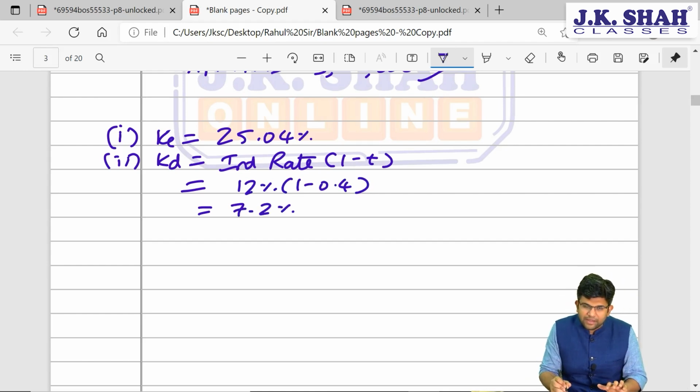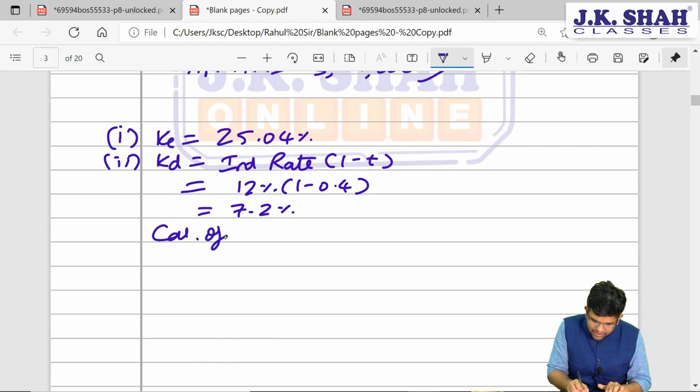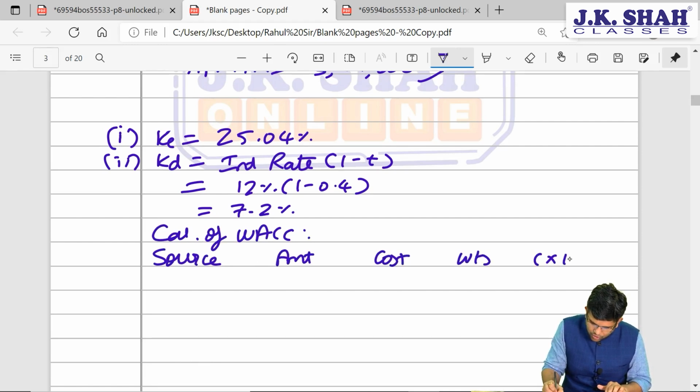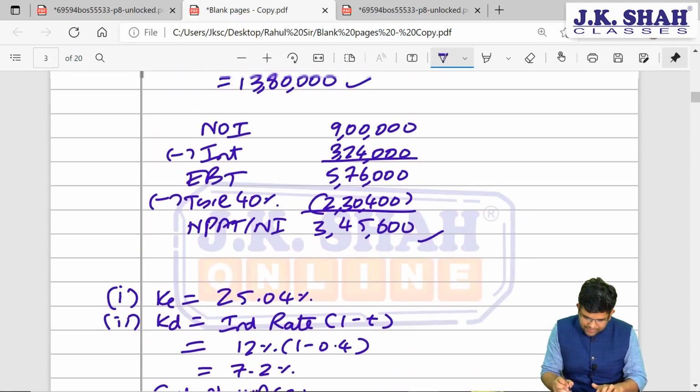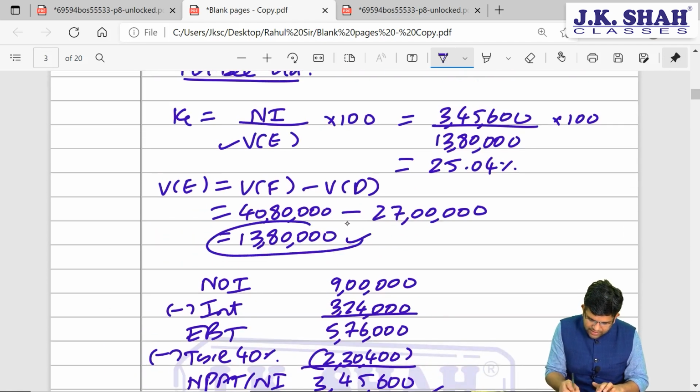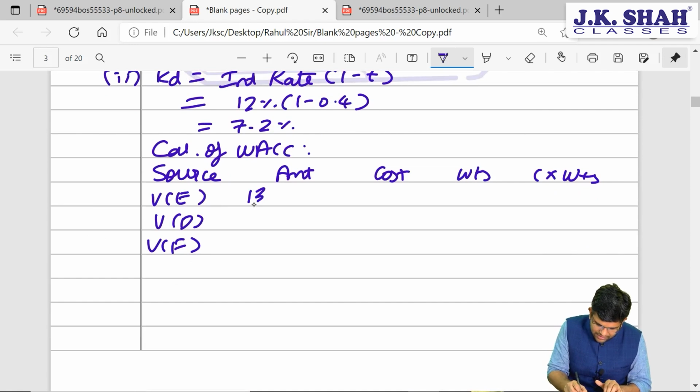Now that we have the KE and KD, let us calculate WACC. So we have source, amount, cost, weights, and cost into weights. In source, we have value of equity, value of debt, and value of firm. As far as value of equity is concerned, we have it as 13,80,000. Debt is 27 lakh, and the total value of firm is